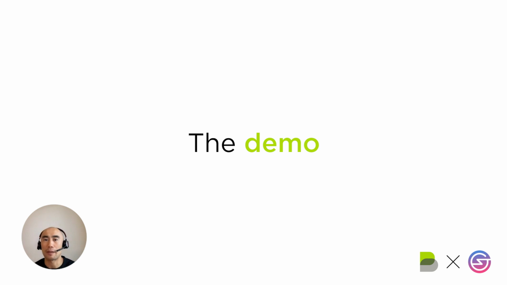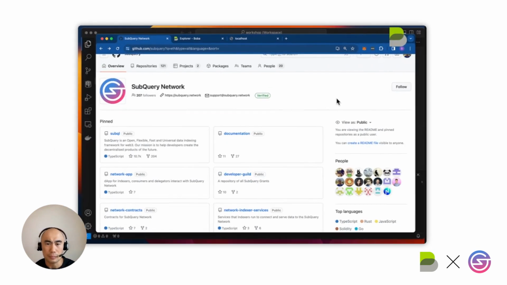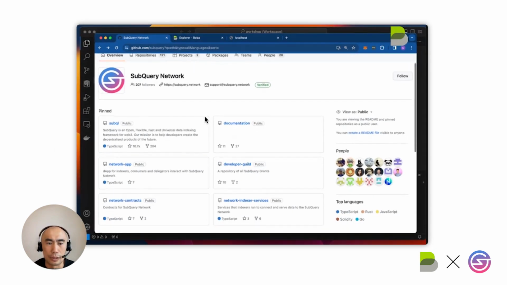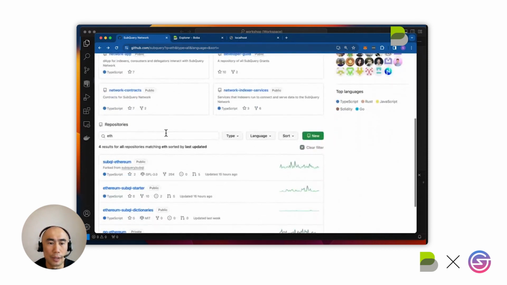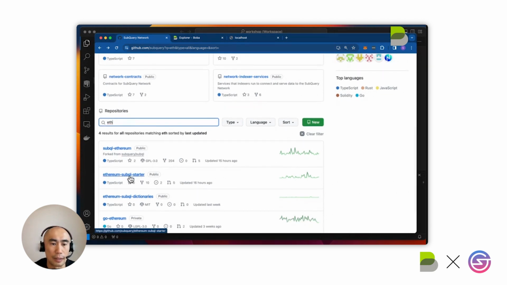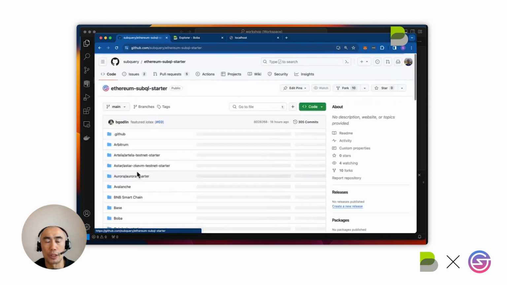So with that, let's now jump into this very quick demo where I'll go into VS Code. However, just a quick note, this is the Subquery GitHub repository. If I do a quick search down here for, say, Ethereum or ETH, you'll see that there is the Ethereum Subquery starter project.